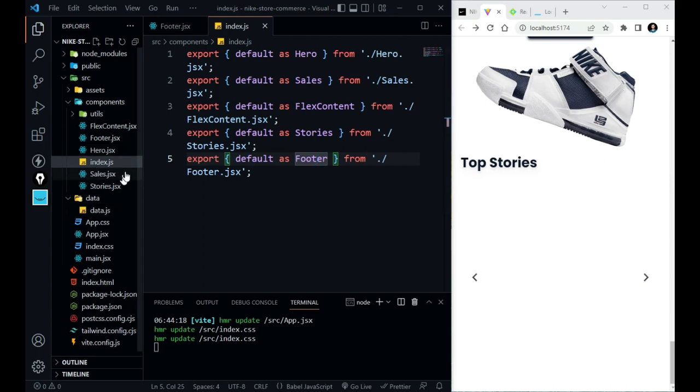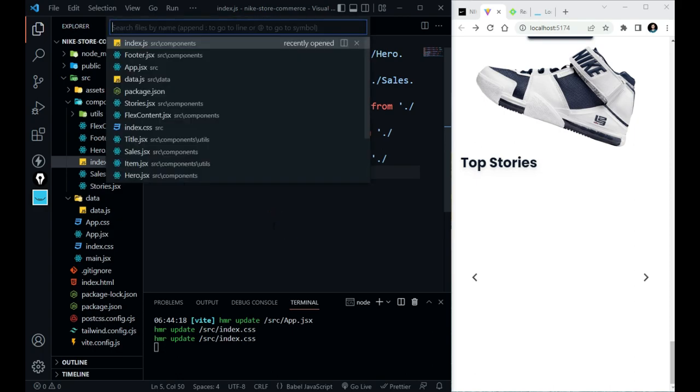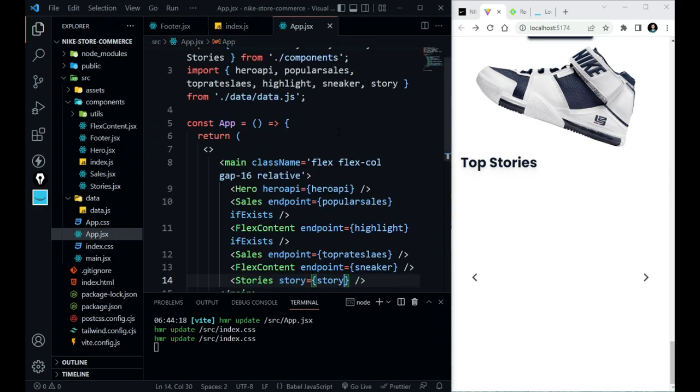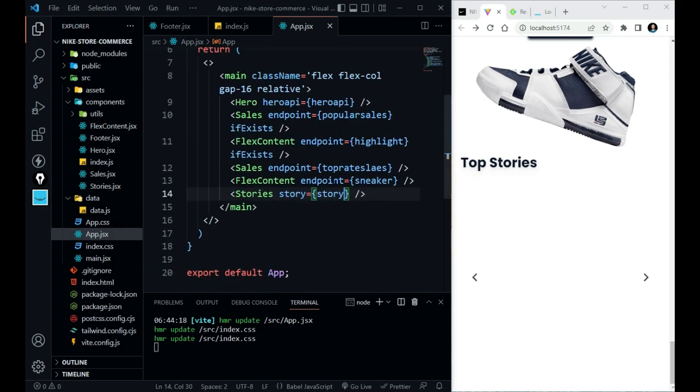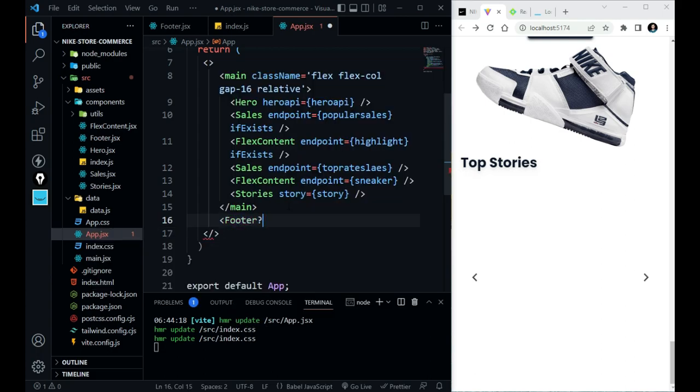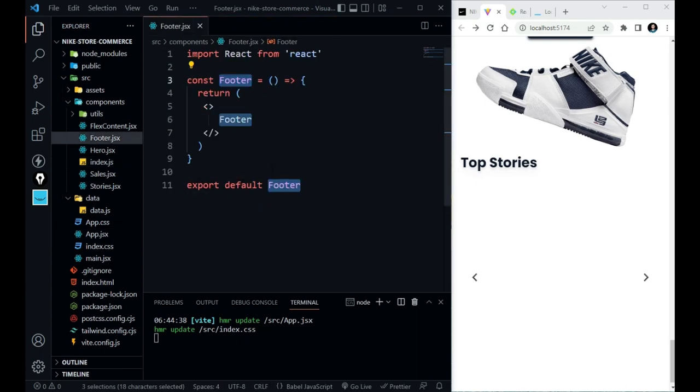Now let's move to app.jsx, and here we have footer just below this main tag, footer from components. Okay, and if I go to data.js,